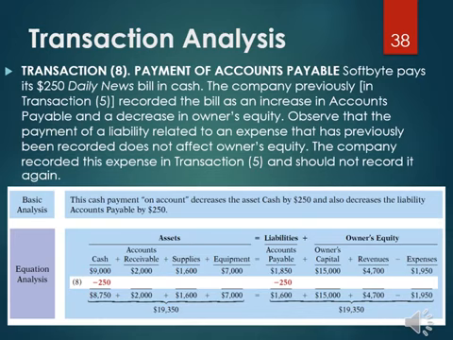Transaction 8. Payment of accounts payable. SoftBite pays its $250 Daily News bill in cash. The company previously, in Transaction 5, recorded the bill as an increase in accounts payable and a decrease in owner's equity. Observe that the payment of a liability related to an